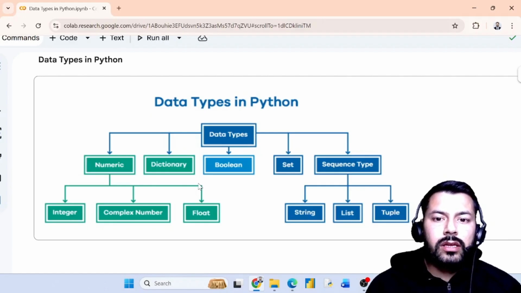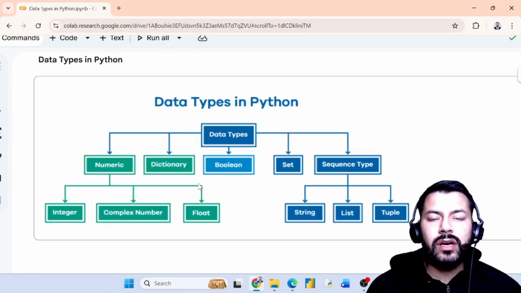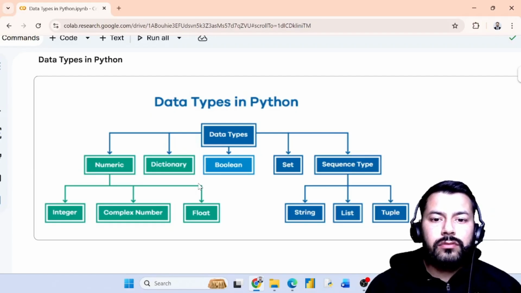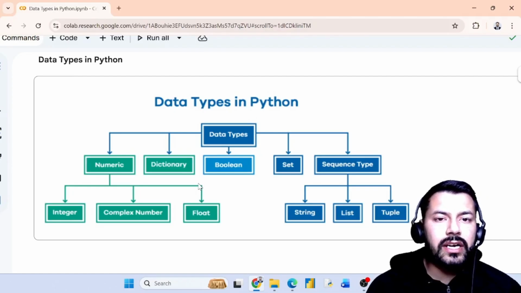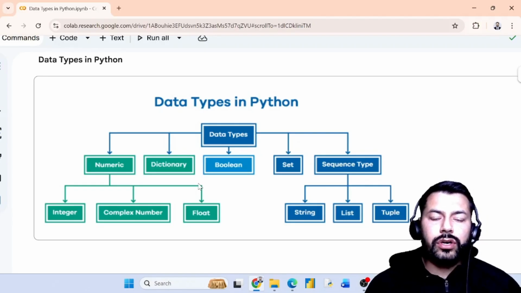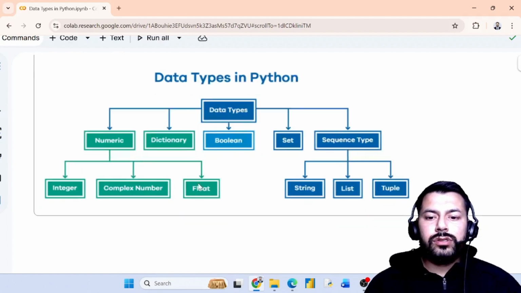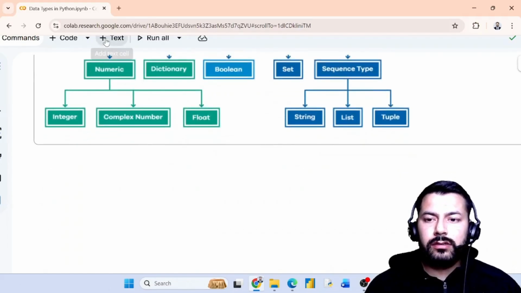Now, at the end of this session, we are going to discuss the difference between mutable and immutable data types in Python. Before moving into that, we are going to understand by declaring variables of every data type. Then we are going to discuss what the mutable data types in Python are and what the immutable data types in Python are. So now first let's discuss